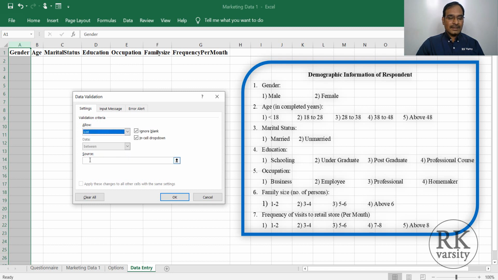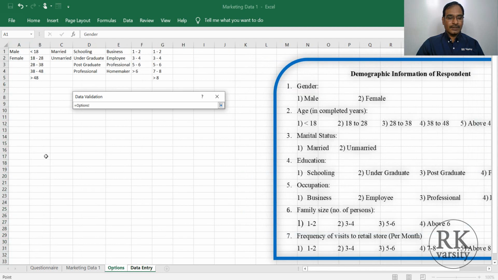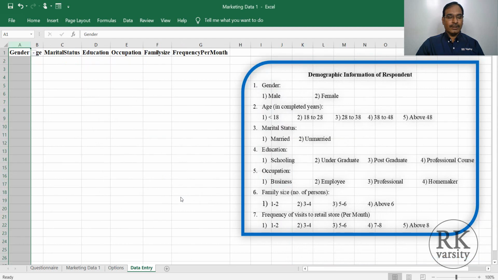Then it prompts you to enter the source. So click on the up arrow here, then go to your options worksheet, select the 2 values in column A, then click the down arrow and click OK.